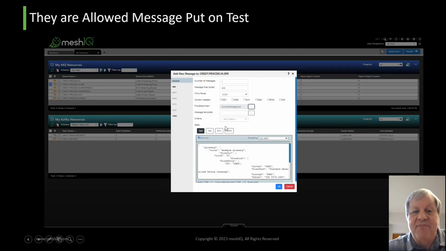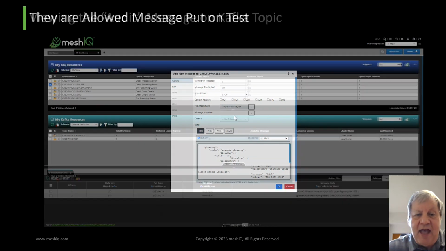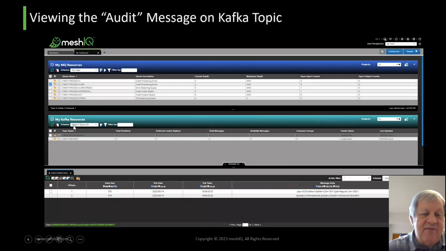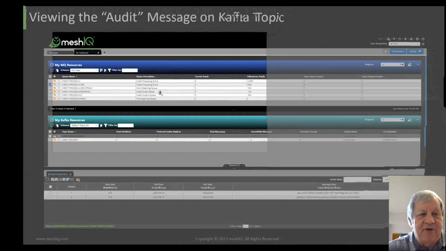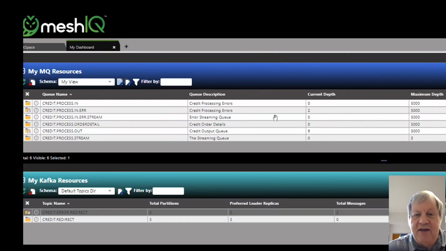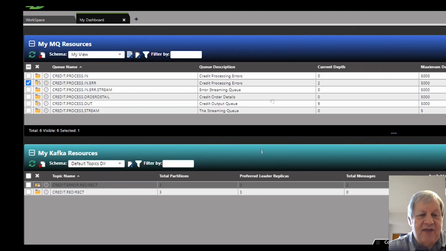And we're going to go ahead and put a message to that queue. And when we do that, the important thing to note here is I now went into the Kafka resources. Let me zoom in on the top first. So we can see here that here's our credit input error queue, and we put a message in here, and so we've got our message there.